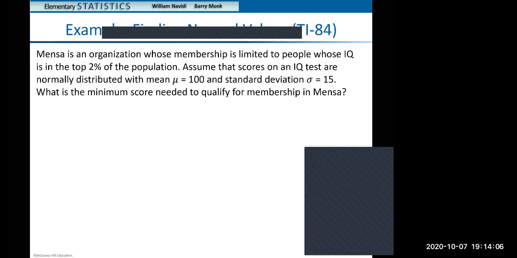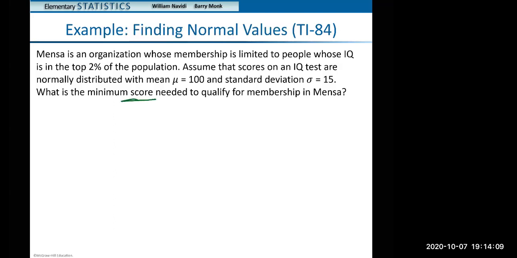Thank you. Score. So that's why you're going to use inverse norm. But remember, when you use inverse norm, you're going to see area, mean, and standard deviation. So there's always given mean and standard deviation. So you just have to type mean 100, standard deviation is 15. But the problem is, what is the area? So you have to understand the problem here. Top 2% of the population, if you have a normal curve,